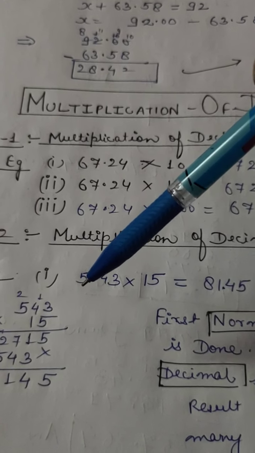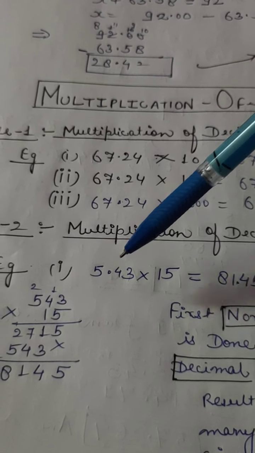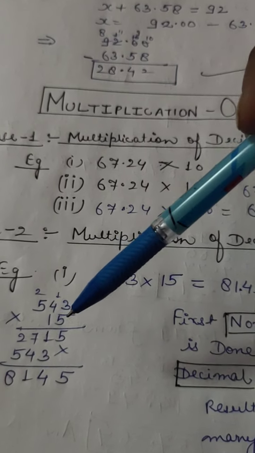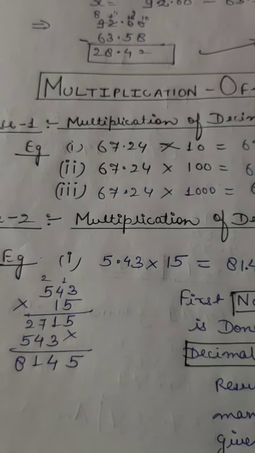So I have just multiplied 543 by 15. I have removed this decimal point first and just multiplied. What result do I get? 8145. Now